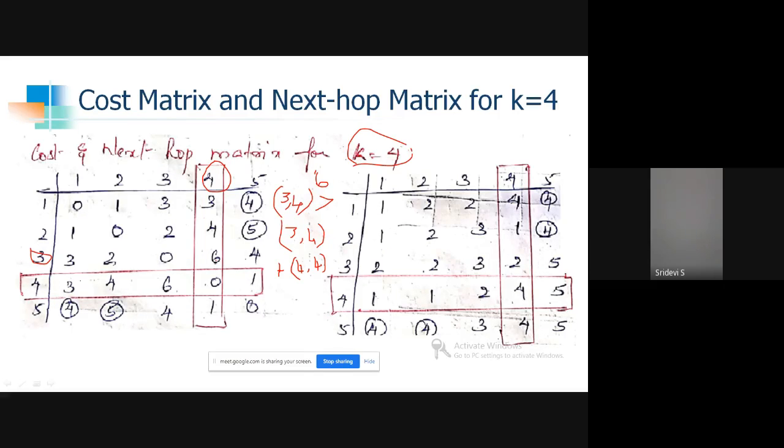Yes, it is 4 comma 4. 3 comma 4 is what? 6. So 6 plus 4 comma 4 is 0 you have. So 6 is greater than 6 we are getting. So in that case, if you follow the formula,